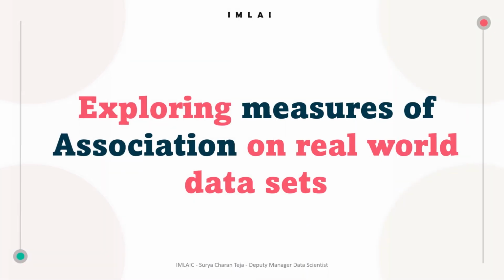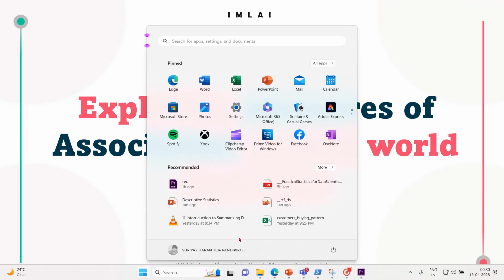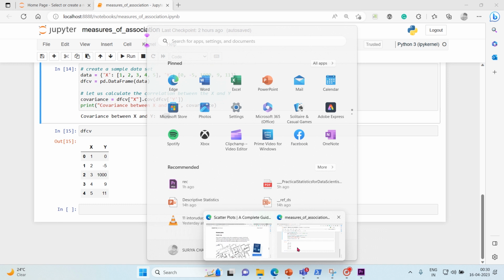So now we have seen enough theory. Now it's time to explore these measures of association on real world data sets. We will take correlation, covariance, as well as use scatter plots to visualize the relation between the two variables. So why wait? Let's jump into the